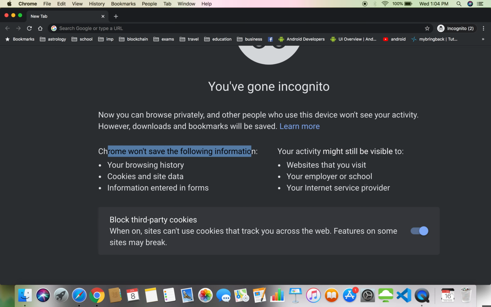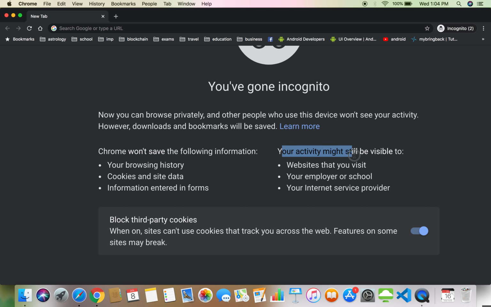Another thing that I want you guys to notice is that there are some activities which will be visible, right? Your activity might still be visible to the websites that you visit. So if you are visiting any third party websites, any government website or any other website, those websites will be able to see that you have visited their website, because it is on their end, so they will be able to know. The same goes for your employer or school. So suppose you are in your school or you are in your office and you are